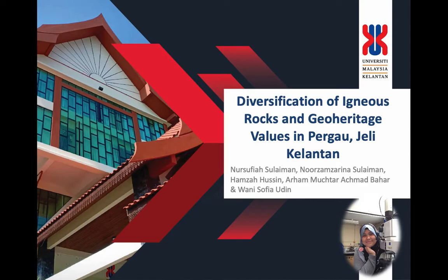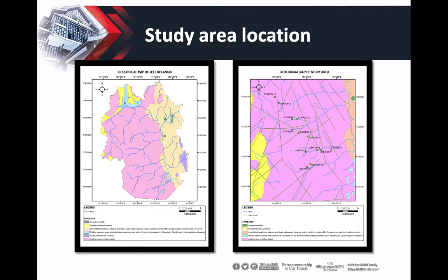So I would like to present our research, which is titled Diversification of Igneous Rocks and Geoheritage Values in Pergau, Jeli, Kelantan. Our study area is located in the Pergau area, which is a part of Jeli, Kelantan. If you can see, the Pergau area is located somewhere here,